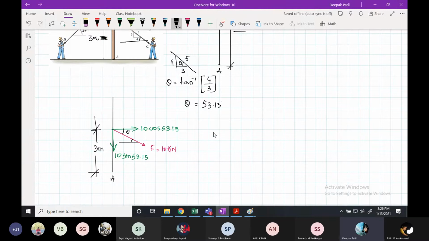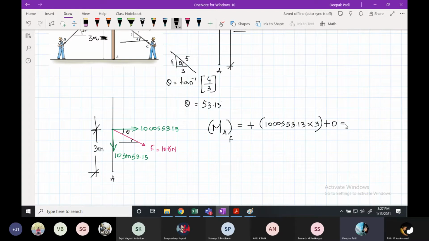So now let me find out the moment because of F. So I will write it as moment at A because of the force F, which is equal to, now because of 10 cos 53.13 at point A, it will actually cause a clockwise movement. So I should write plus 10 cos 53.13 into 3 meters. And the moment produced by 10 sin 53.13 will be 0. You can see the line of action passes through point A itself, so it will be 0. I will not write that, instead I will just write 0.